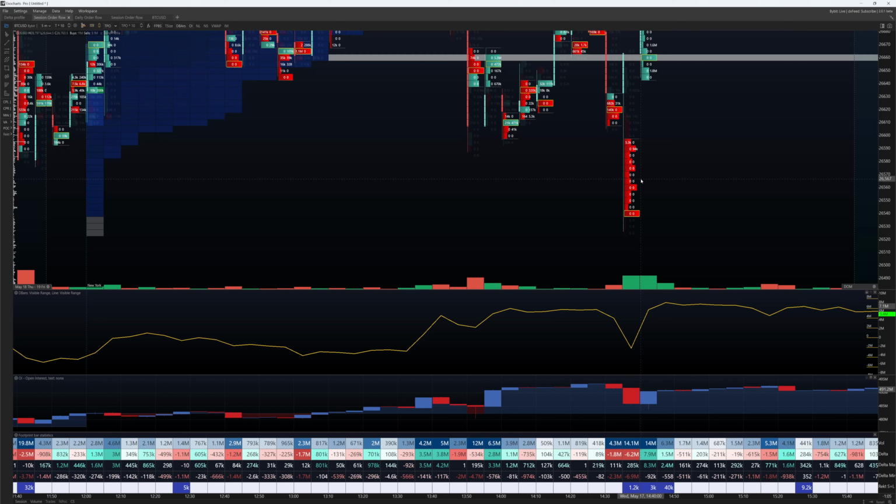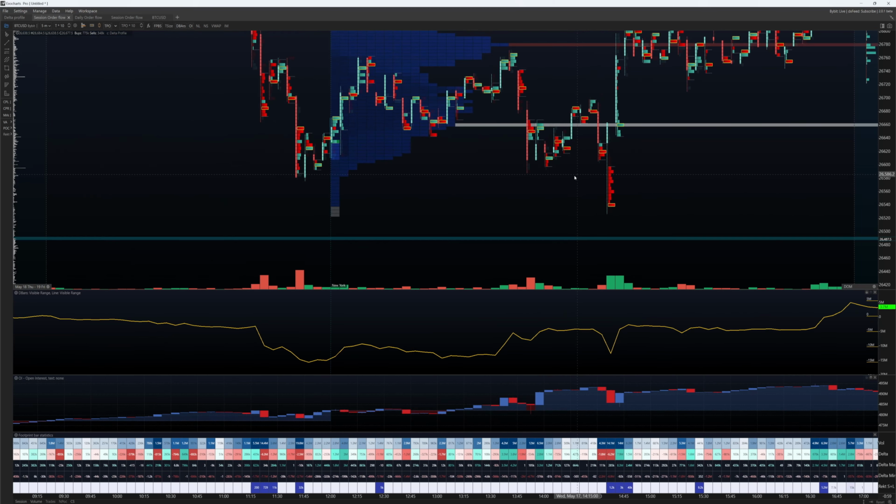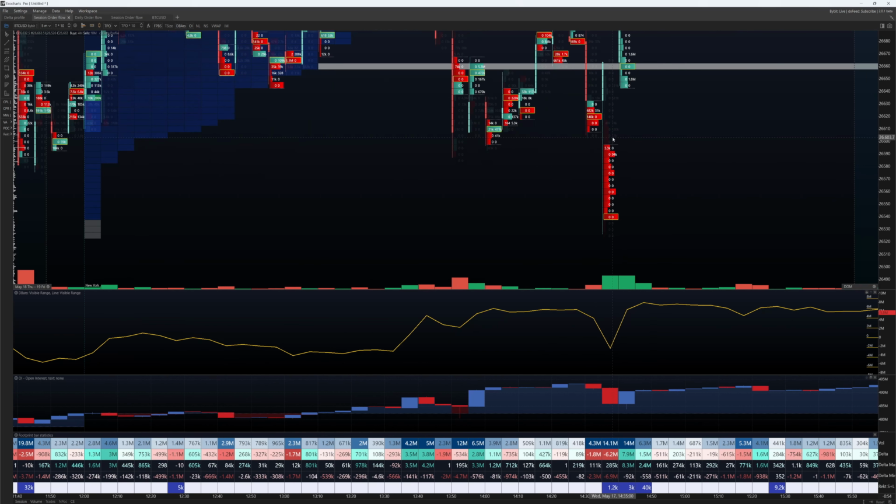So you've got that kind of divergence there alongside the confluences of the spike in volume, understanding for myself that all these people who were longing previously are now stopped out more than likely, because you can see that decrease in open interest. And as soon as I see that candle close green up here,